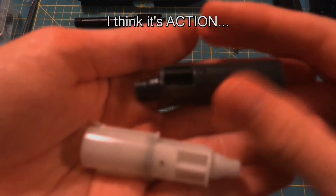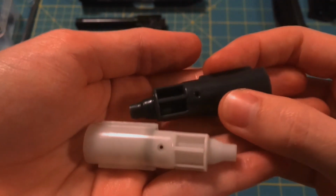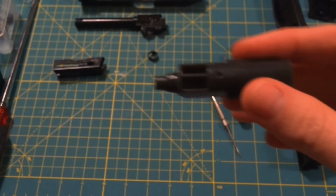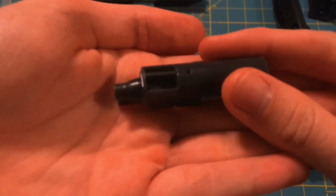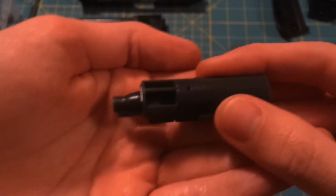So yeah, some people report changes in FPS due to nozzles. I've never seen that myself, but I can see how that could be possible, but there's just so many factors that may or may not affect your gun. If your standard nozzle doesn't have any cracks and gets a good seal with everything,